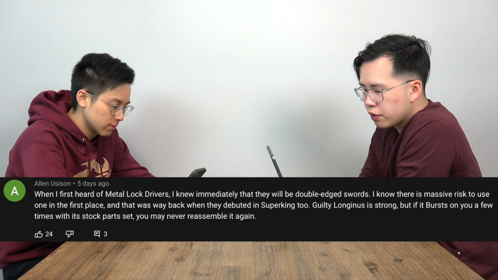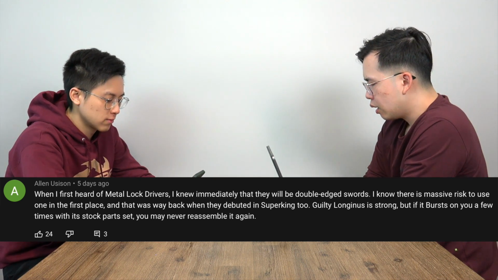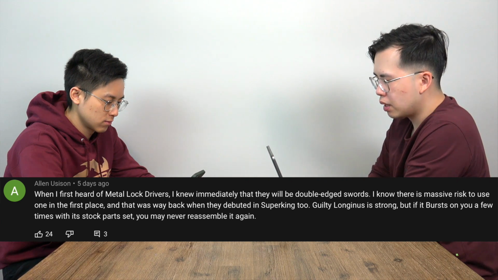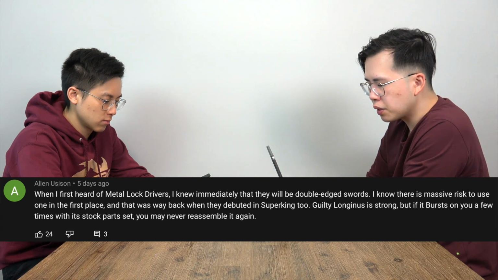Okay, so this one is from our most recent unboxing with Guilty Longinus. I picked this one because it's nice to discuss a little bit about the bays themselves. This one is from Alan. "When I first heard of metal lock drivers, I knew immediately that they will be a double-edged sword. I know there is a massive risk to use one in the first place, and that was way back when they debuted in Super King 2. Guilty Longinus is strong, but if it bursts on you a few times with its stock parts, you may never